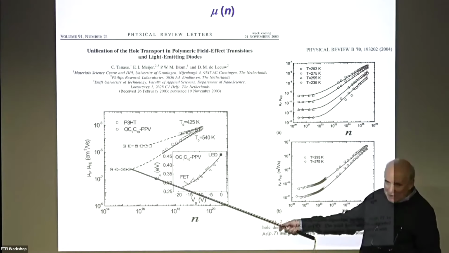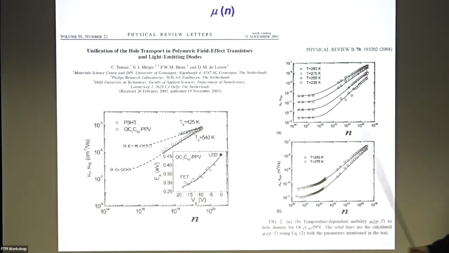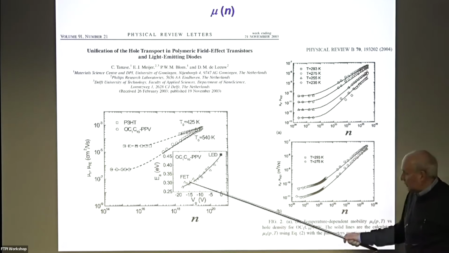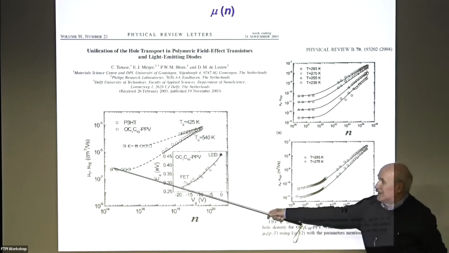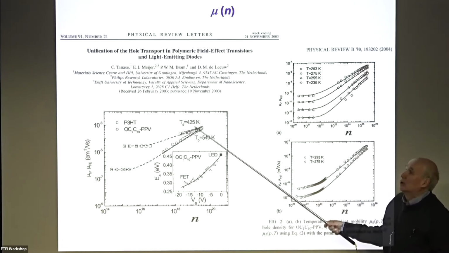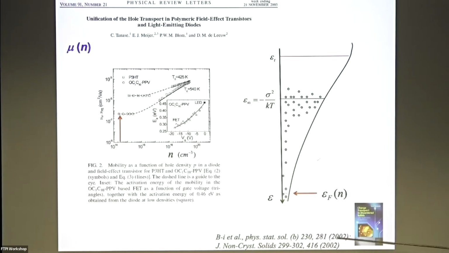So this is the experimentally measured dependence of the mobility on the concentration of electrons. You remember, in the exponential tail, mobility always depends on the concentration of electrons. It's always between the Fermi level and the mobility edge. And in the experiment, mobility doesn't depend on the concentration at low concentrations and does depend at high concentrations. And it's easy to explain.